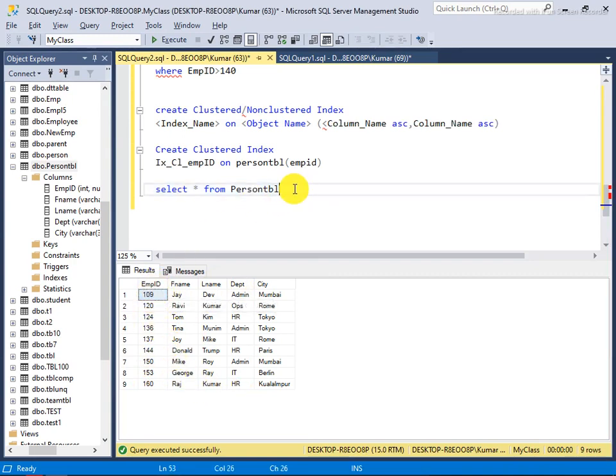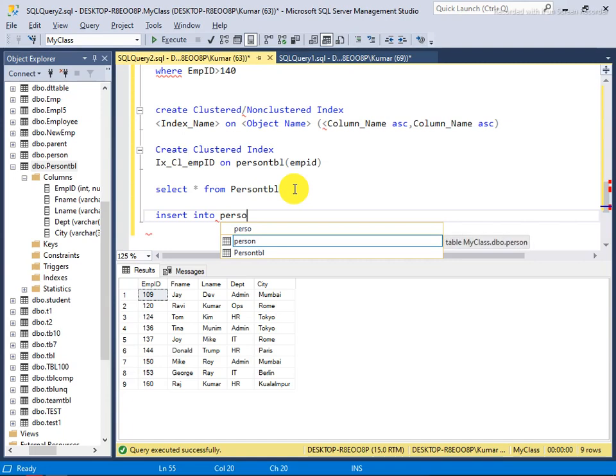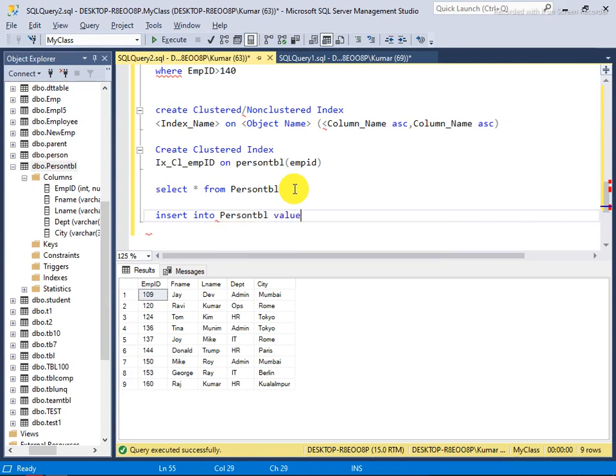So suppose I want to insert into person table values, say 110 and name Tom George, department ops, and city Tokyo.